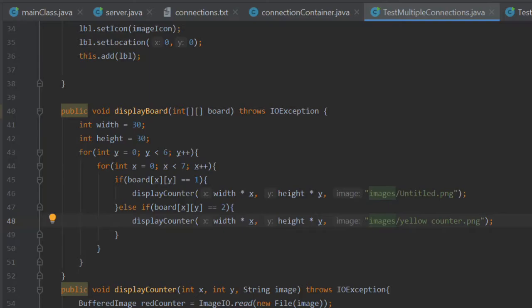So once we've done that, that's the easy part, we now need to determine where to display it. And this is fairly simple. We just use our local width and height variables and then times it by our x and y coordinates. This may need to change. However, the idea is